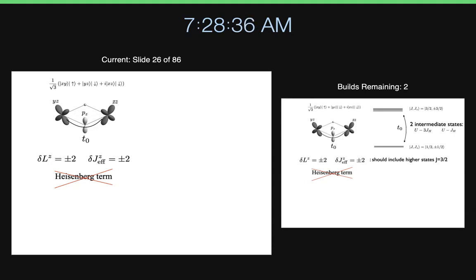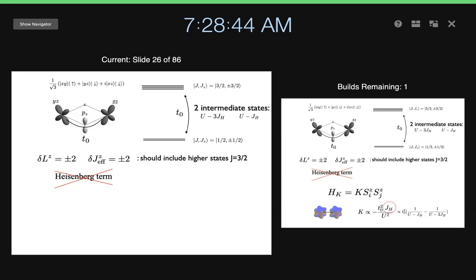On the other hand, this process will now involve, okay, now even this doesn't work. Yeah, it has to involve the higher state. Let me put it down here. Okay, so I put it down here. So this process of the t naught, in fact, involves a higher excited state where Jz equal to plus minus 3/2. So you can see the change of plus minus 2, meaning that I can change plus minus 1/2 to plus minus 3/2.